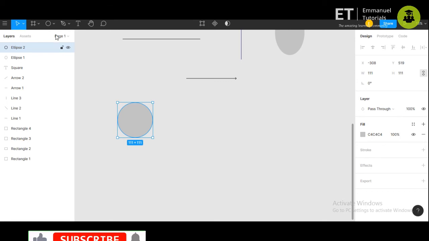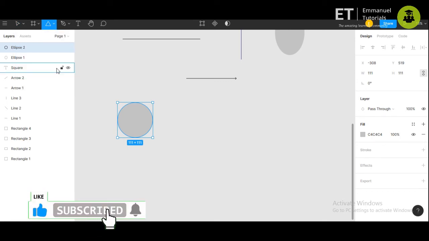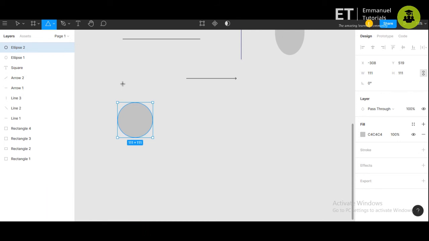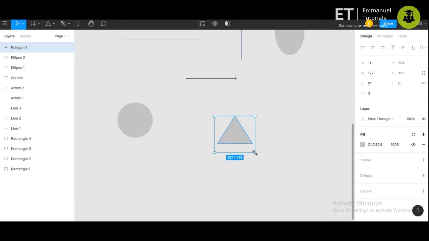Now next, we'll try the polygon. Polygon will give you a shape with multiple sides. So it will be more than 3. So first, when you try drawing the polygon, it will be default a triangle. So again here too you can make a shape with equal sides by pressing the shift key.